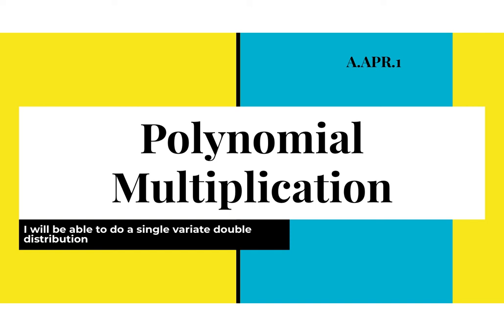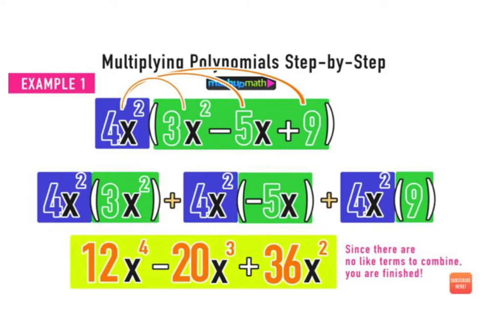Polynomial multiplication. After watching this video, I will be able to do a single variate double distribution. So first we want to recall what the distribution property is, and that's basically taking whatever is in front of